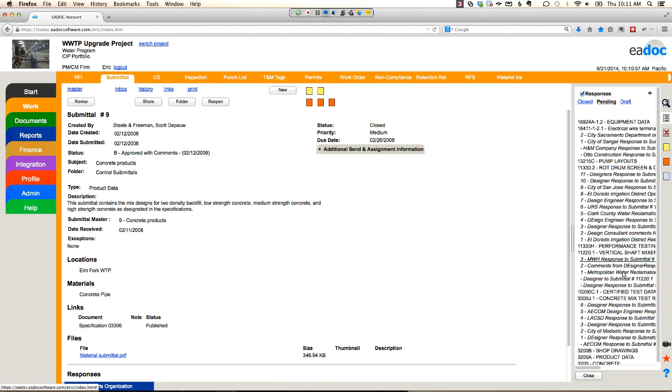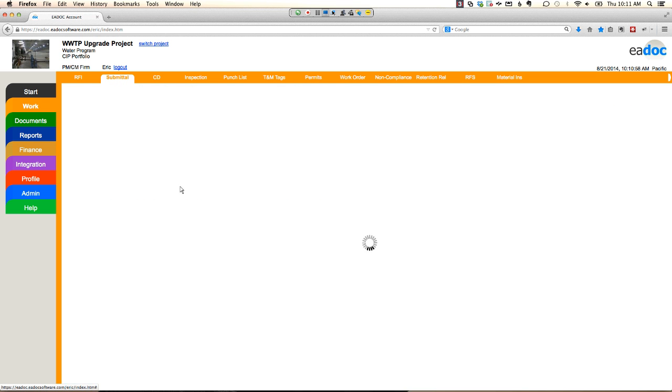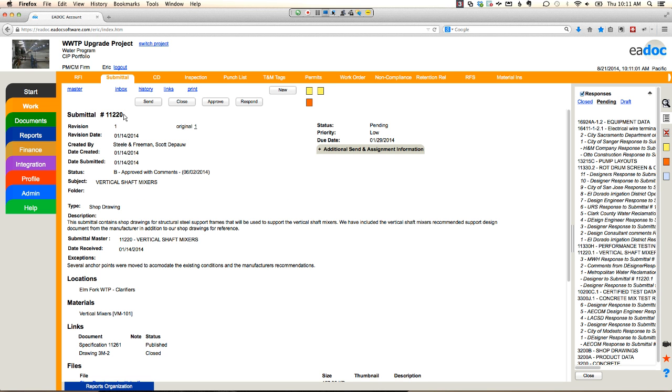Now with the EADOC application, the way we're capturing this data is, one, capturing it at the source. So we're capturing it from subcontractors and consultants. And then we want to ensure that we capture high quality information. As an owner, I want to make sure that my submittals are all completed correctly across the project team, or as a project manager. So what I can do here is I can see my submittal form is going to